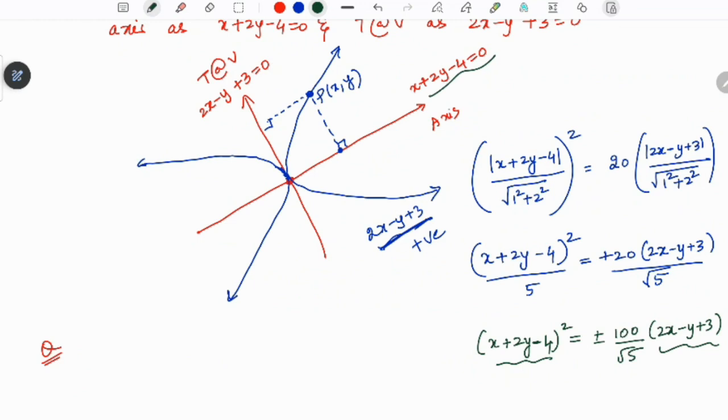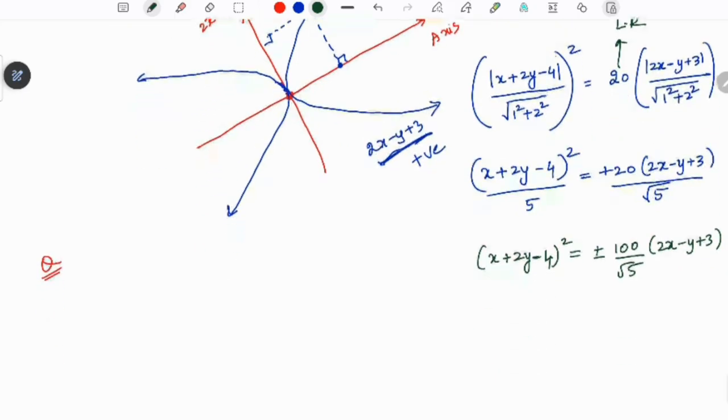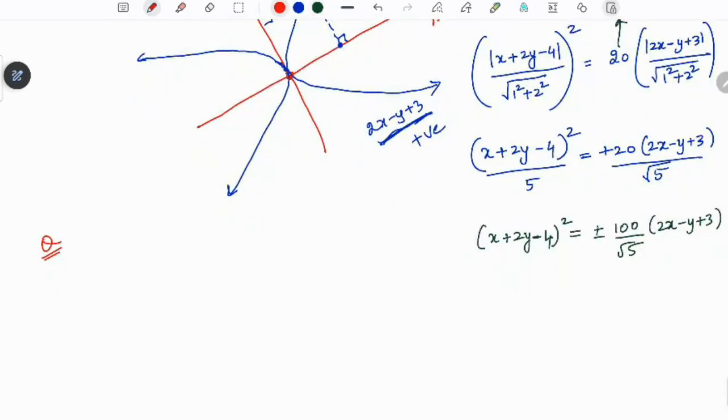Okay. How to find the latus rectum? How to find the latus rectum? For that, you have to write this and this in this form. Okay. I'll take one example. You will understand it. All right. One example. Find the axis, tangent at vertex, and the length of the latus rectum for the parabola